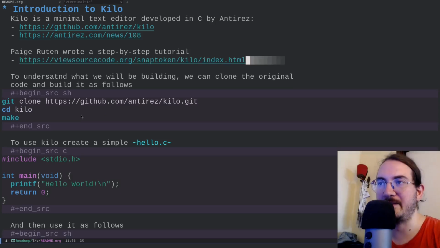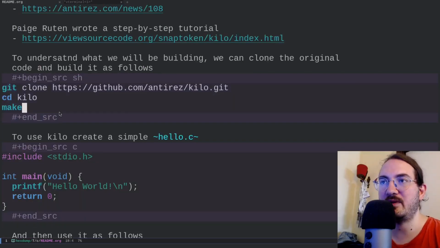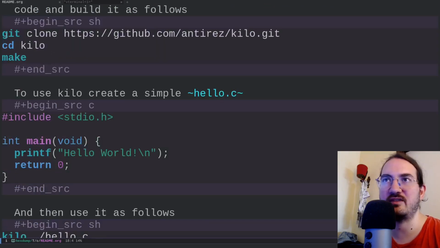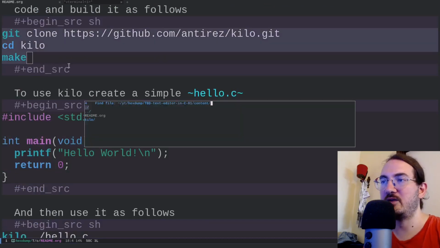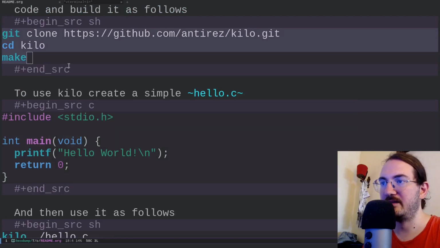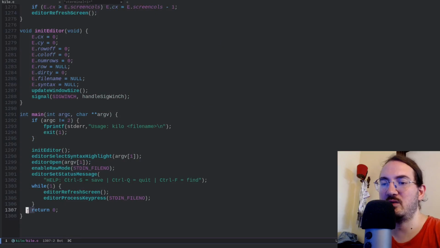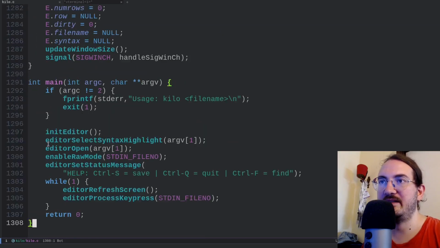So that's the idea. Now, if you want to just play around with the project, you can just clone the official code and you just do a make. I mean, the project is super minimal, so you can just play around with it. It's very, very fast. And I suggest it, because it's a fun project. You can also read the source code directly. As you can see, including license and all, we have 1300 lines of code, where this is the main entry